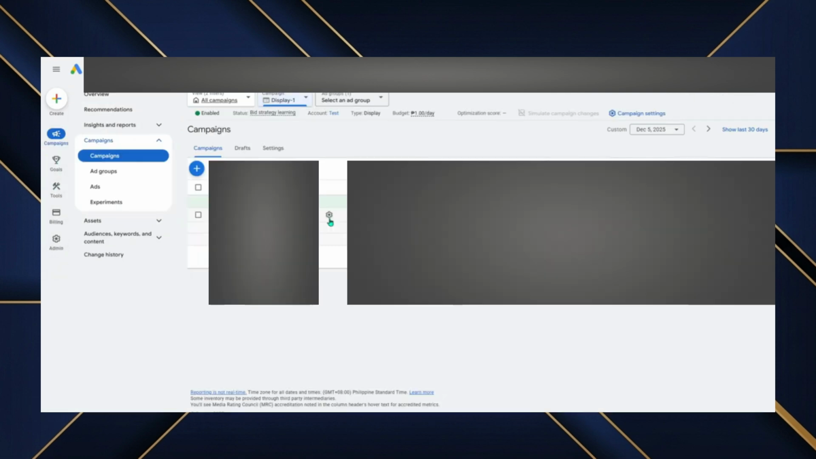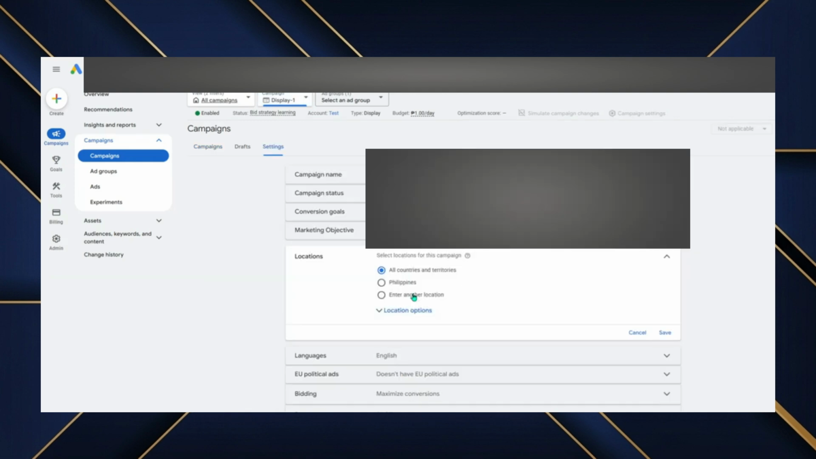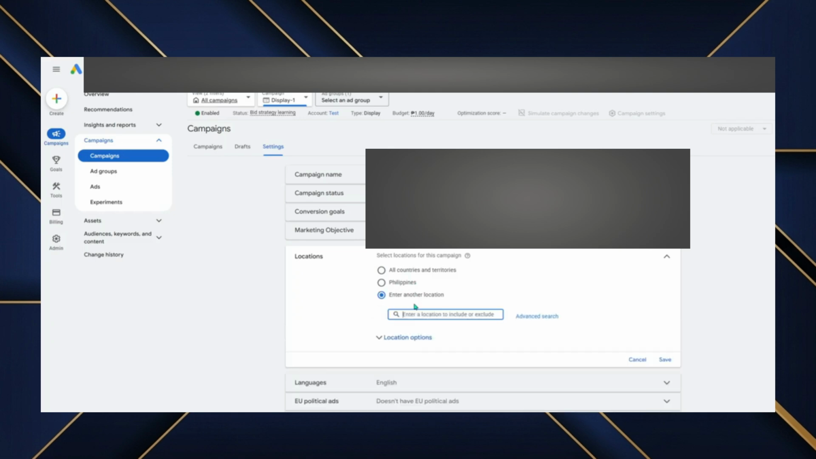Find the campaign you want to adjust and click the settings icon to access its campaign settings. Once inside, scroll until you see the Locations section, which controls where your ads can appear. Here, you can enter a specific city, region, or postal code into the search box and select it from the